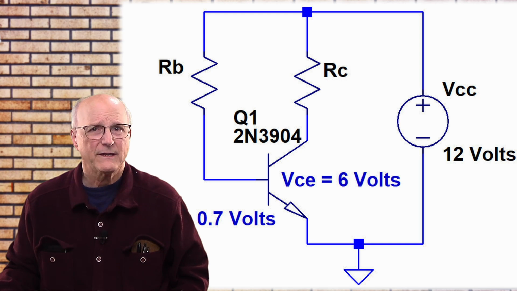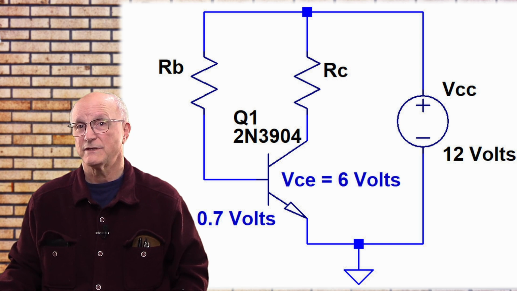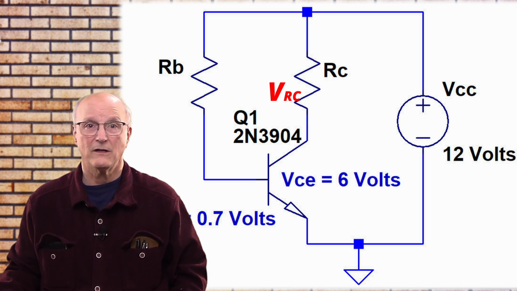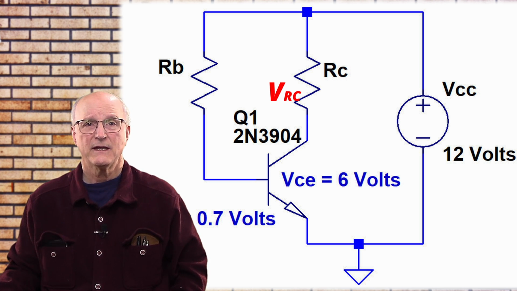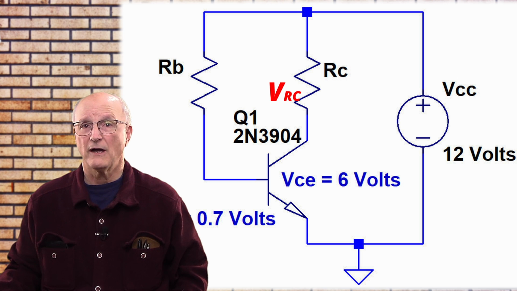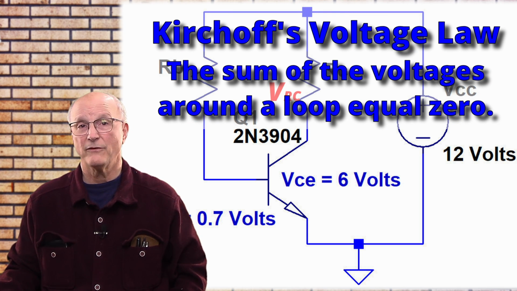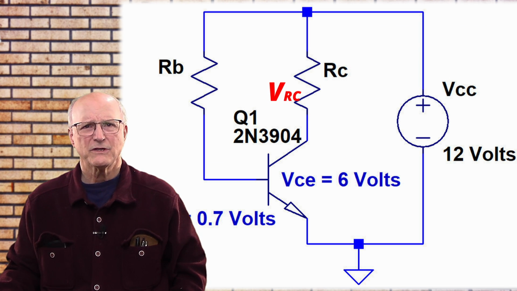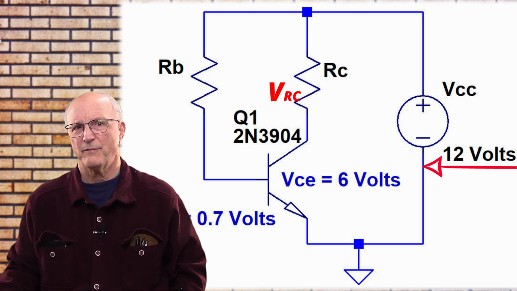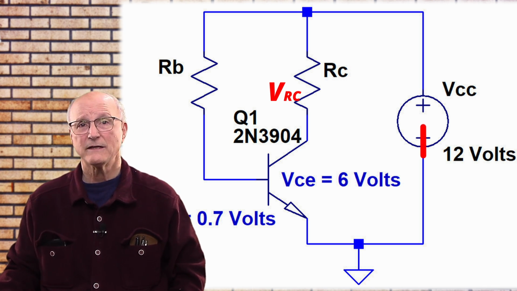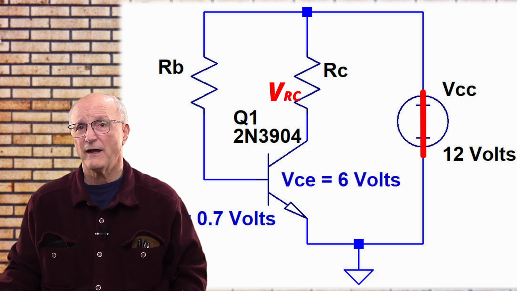If we're going to be able to calculate the value of the collector resistor, we need to calculate the voltage drop across the collector resistor. To get at this, we're going to use Kirchhoff's voltage law, which states that the sum of the voltages around any loop must be equal to 0. I will be using the loop starting at the negative side of the power supply. Going from the negative side of the power supply to the positive side of the power supply, well, this is